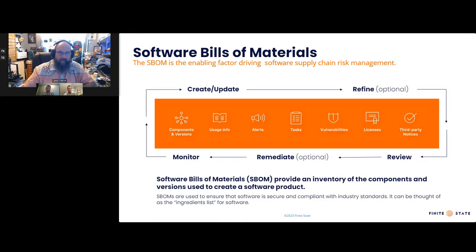But let's take a look at some software bill of materials 101, or SBOM 101. And I think it's kind of funny when we were reviewing these slides earlier, Adrian, S2C2F has that circle, and you start at one point, you go around, and you just keep doing this iterative process. Well, at Finite State, I guess our circle is a square or a rectangle, because it's very iterative of